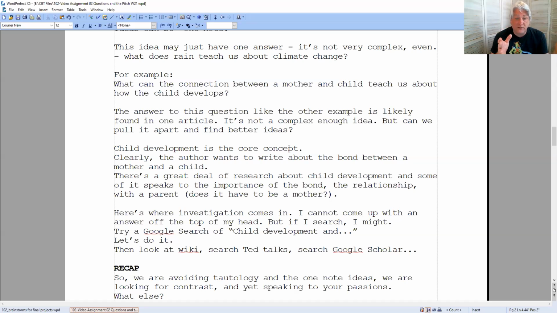And some of it speaks to the importance of a bond and a relationship with a parent, though not necessarily with a mother, though there's a lot of research about the bond specifically between a child and a mother as opposed to another parent. And then, of course, that gets us into questions of same-sex parents and those sorts of things, so there's some controversy there,